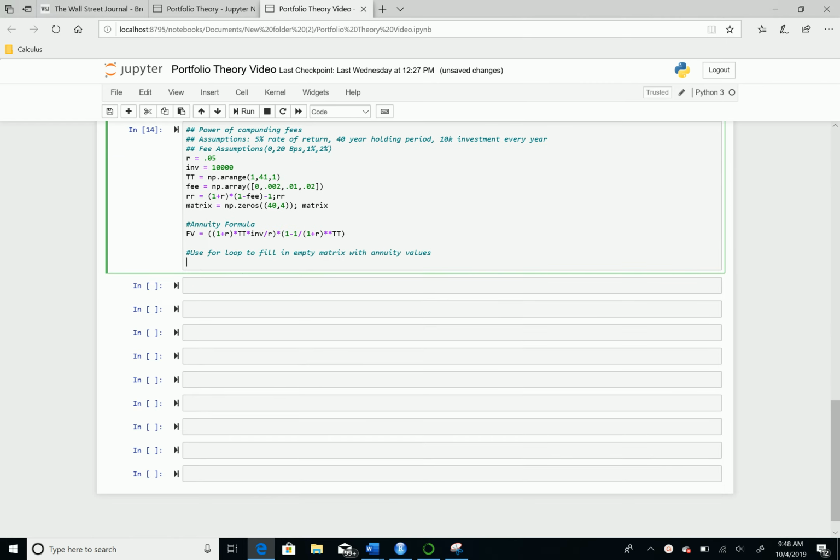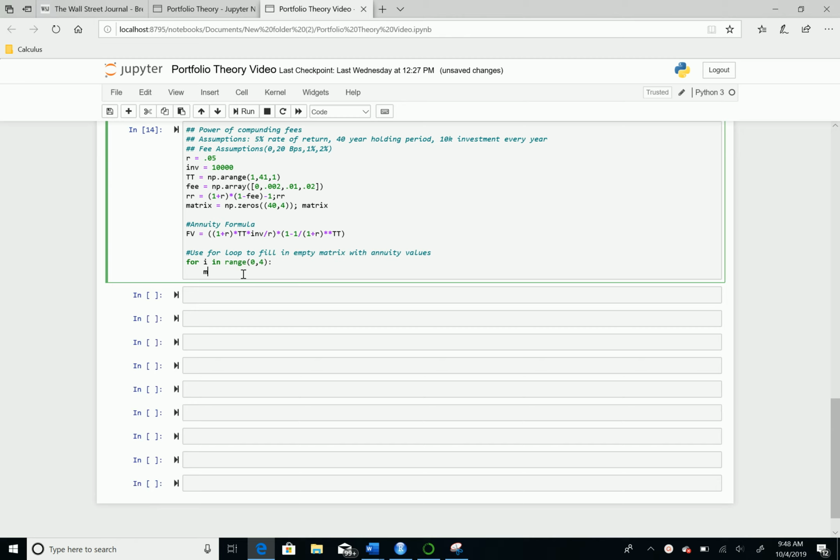Okay, we're ready to create the for loop. So we're going to start by assigning the variable I in range 0 to 4. So the I variable is going to be iterating from 0 to 4. And then within the body of the loop, we're going to say the matrix, our matrix of zeros, subsetting all rows, and the ith column. So within every iteration within this loop, the matrix ith column is going to be filled